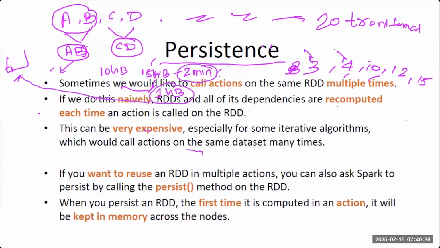Let's consider the scenario that I am using it only once. I'm not going to use it further in my other transformations. Then there is no need to store it, right? Why would I store it? Because storing is also expensive. You are storing it somewhere, and that takes memory. If I have to use it only one time, then maybe I won't store it. Even if I have to use it two times, it all depends on the data set. I may or may not do it, because if I'm using memory to store it, then ultimately it is also taking up my space.